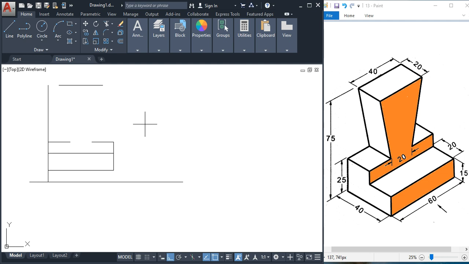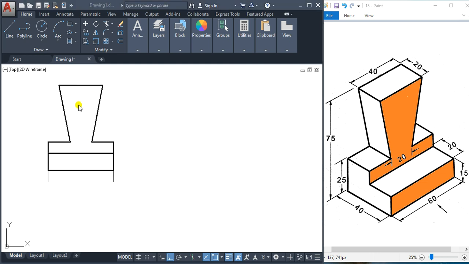and now we can directly join this point to this point, and once again this point to this point, and we can erase this line. That line was taken for construction, erase them, and here we have to represent this height here also. So this is the front view of this object. Here we can darken the required lines. So like this we can darken the required lines, and we'll draw the top view of this object.